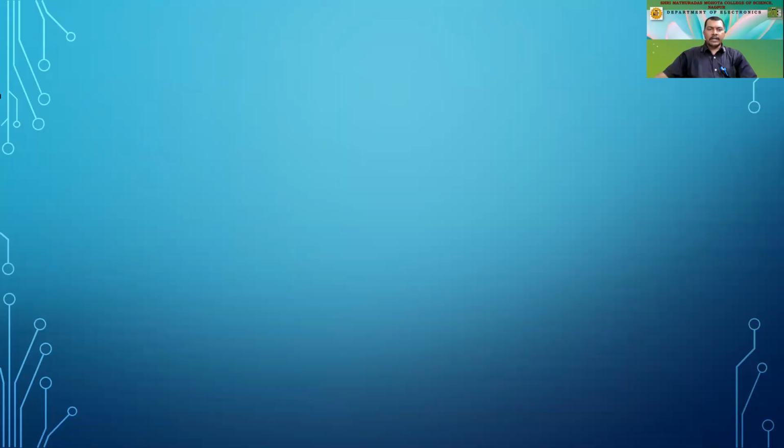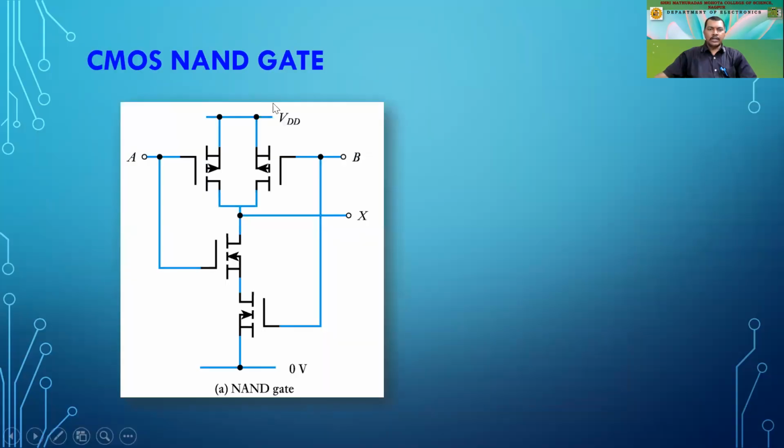Then we have the CMOS NAND gate. I guess you have understood this. The CMOS NAND gate has two parallel P channel MOSFETs on the upper side, towards the power supply, and two N channel MOSFETs towards the ground, which are connected in series. So whenever we apply one, one, these two series transistors will work, and the output will be connected to ground automatically, and the upper two will be off. So VDD will not be connected over here, and the output will become zero.